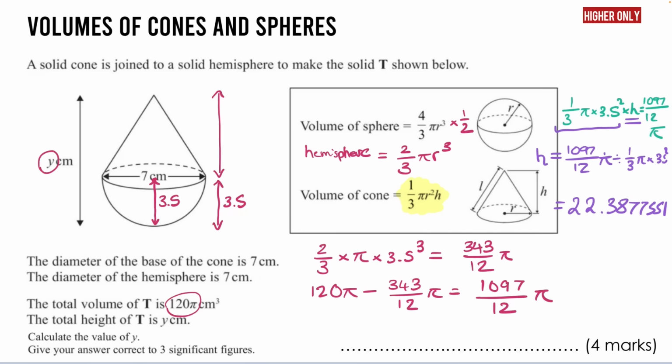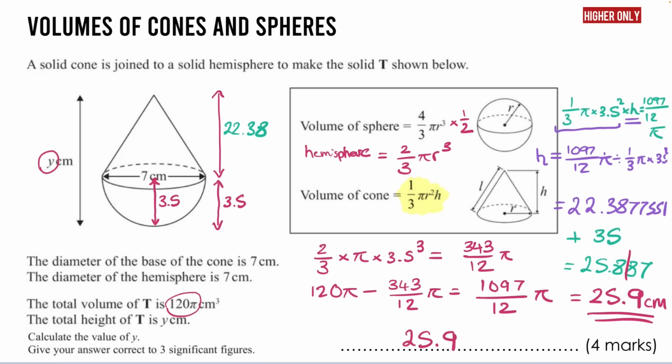and to get the height of the overall shape, which we've got over here, we've got the 22.38, we're going to need to add the 3.5, which is the height of the hemisphere, and if we add 3.5, it comes out as 25.887, and we want that written to 3 significant figures, so that's going to be 25.9, and that's in centimetres, and there we go, that is our final answer,